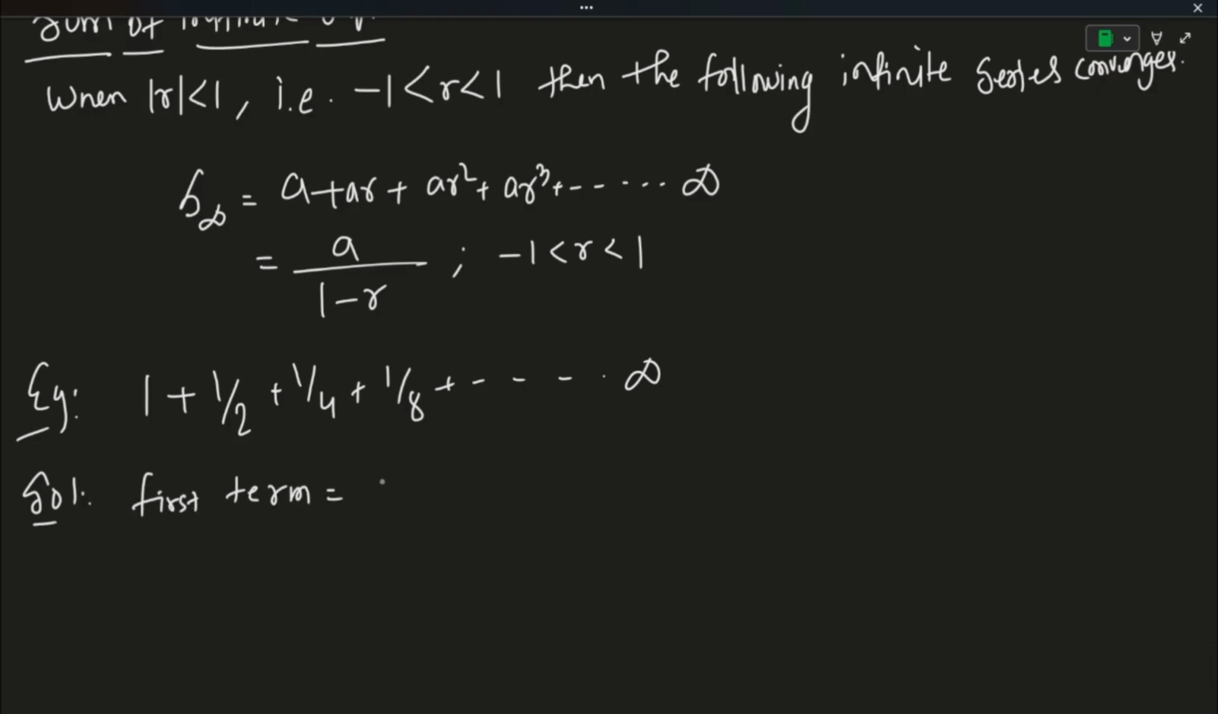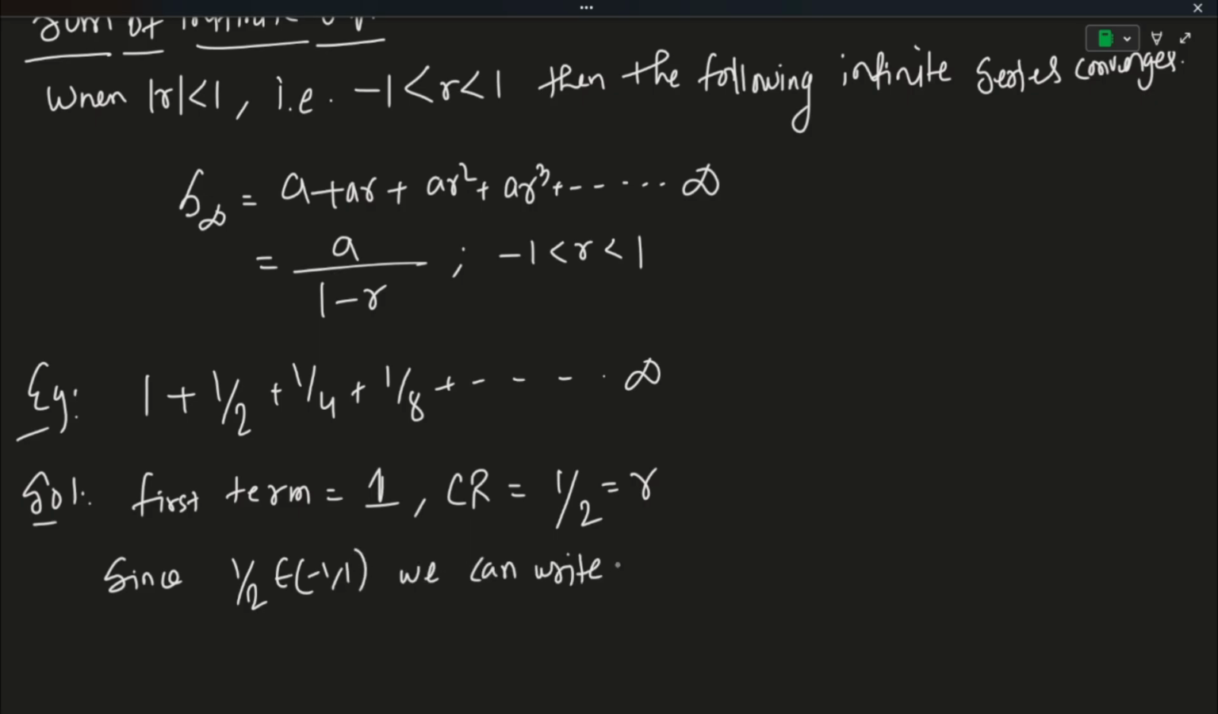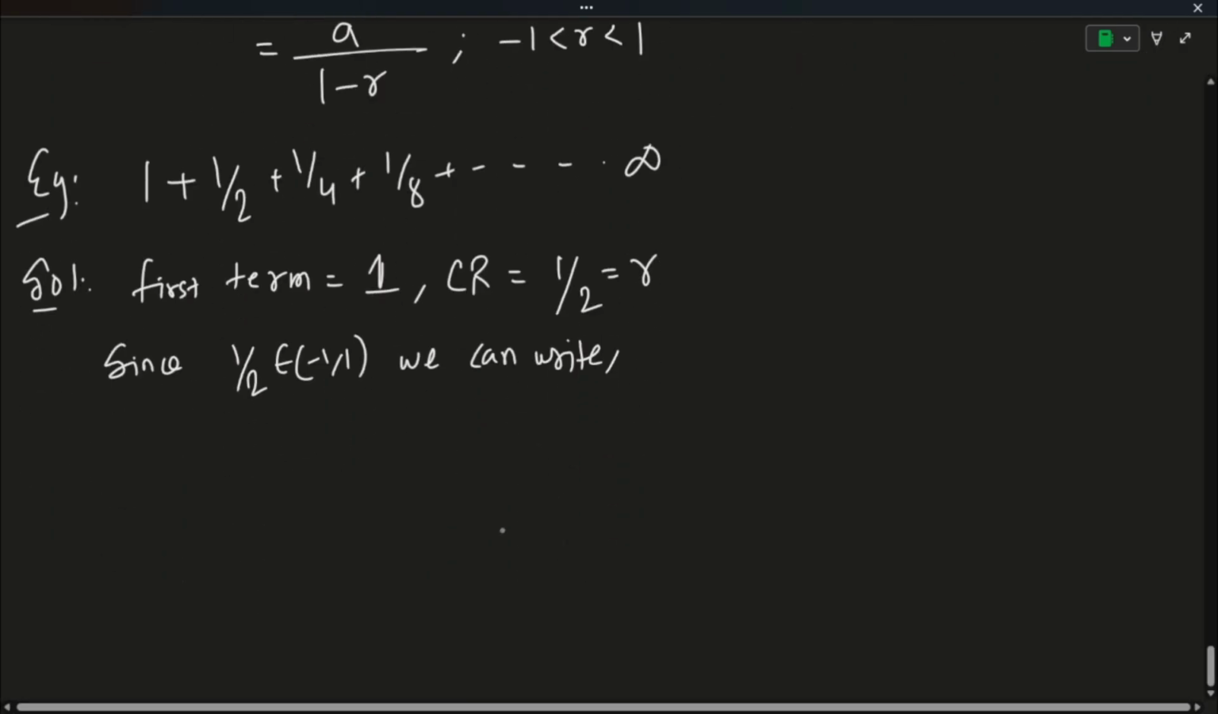The first term is going to be 1. The common ratio r is going to be 1/2. It's an infinite GP. Since this 1/2 lies between -1 and 1, we can write, since it satisfies the condition, that means the series converges, we can write 1 + 1/2 + 1/4 and all the way up to infinity